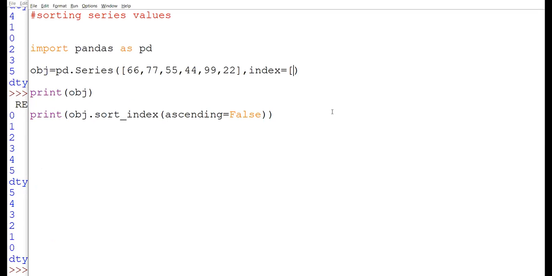Okay, now see, suppose I am giving any random index, for example H, E, L, I'm repeating that one index, no problem.